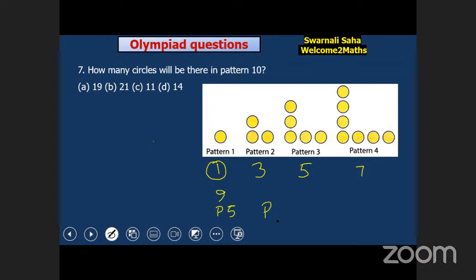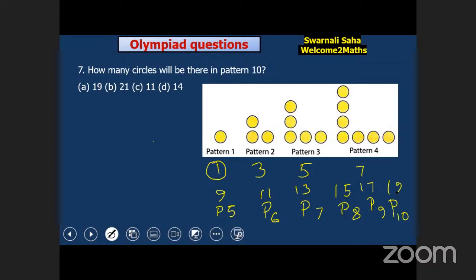In pattern 6, there would be 11 circles. In pattern 7, there would be 13 circles. Pattern 8, there would be 15, pattern 9, there would be 17, and pattern 10,